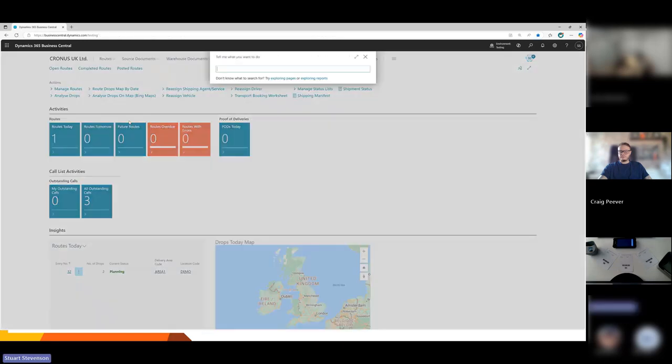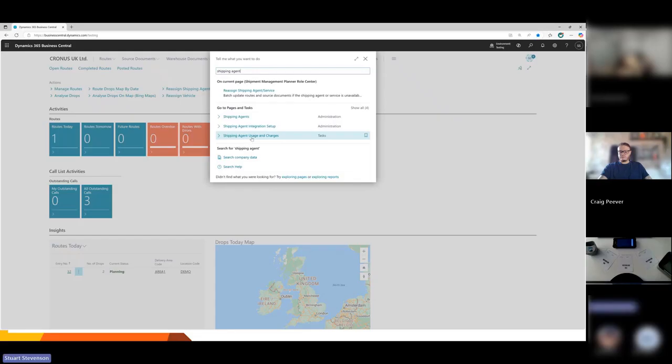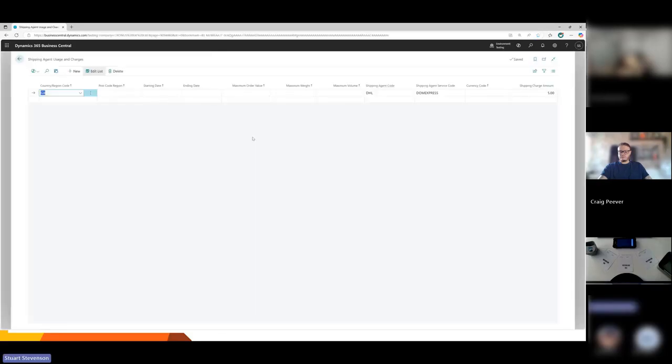So one thing I did just want to show, and you might have spotted it on my sales order previously, was that we can set up delivery charges, based on the shipping agents that we're using, different areas or postcode regions within areas, or for different dates, or as you'll see here, minimum and maximum values. So I've got a very simple, single line here that says anywhere in Great Britain, for DHL and for their domestic express service, we're going to add a £5 shipping charge to the order. And that was just added as a GL line. There are other options that you can have there, but when the order is released, it then does that check. It checks in here to see whether anything applies, and it will apply it to the order. Okay, so